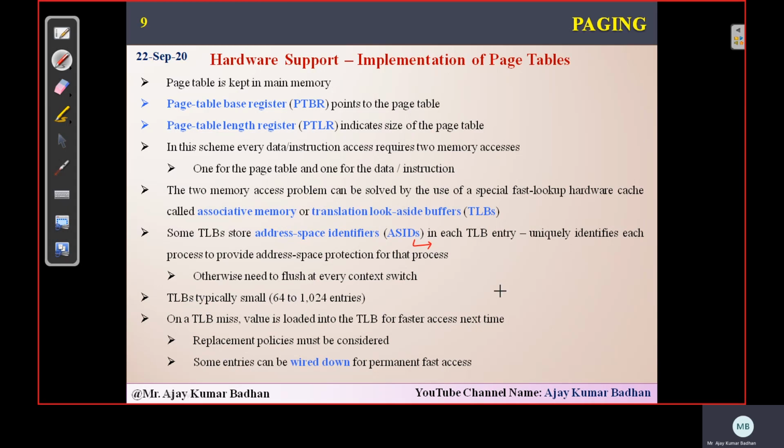So every process will have an identifier. Whenever a process tries to access a page, that page will have an identifier. If both the identifiers match, then only the process can access that particular page. Else, that process cannot access that page, because this page belongs to P2. So it will have its own ID, address space identifier. Same way this also will have. If both the identifiers match, then only this process can access. Now P1 is of a different address space. This is different. If one tries to access it, it can't do it. Finally, it is going to terminate. It means the system is not going to allow P1 to access this particular page.